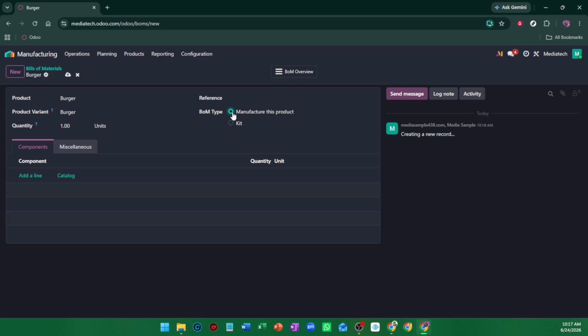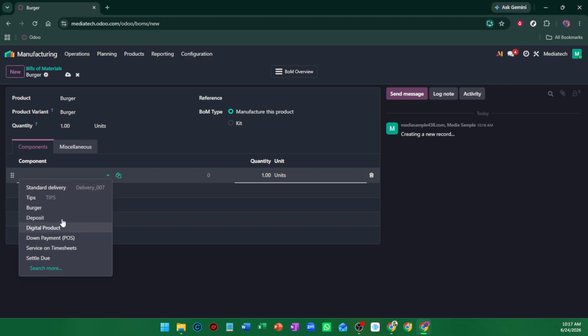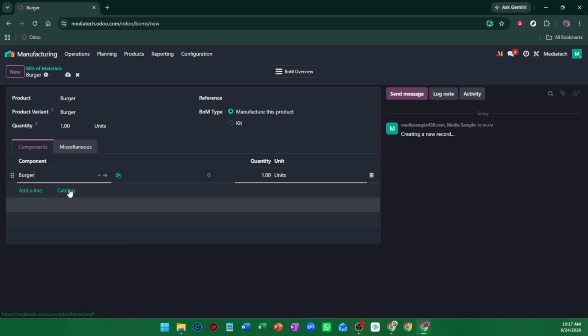Now move to the Components tab and click Add a Line. This is where you'll enter all of the materials needed for the product, add each raw material or subassembly, along with the required quantity for each one. Take your time here and be as accurate as possible since these quantities determine what Odoo will expect and consume during production. If your company uses subassemblies, make sure those are listed correctly as well so the structure of the